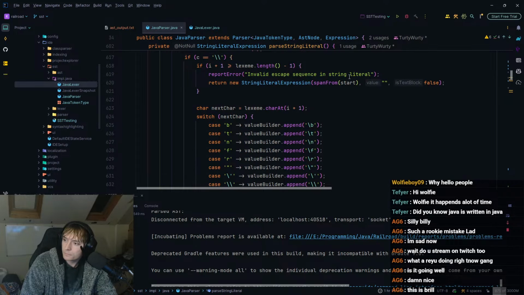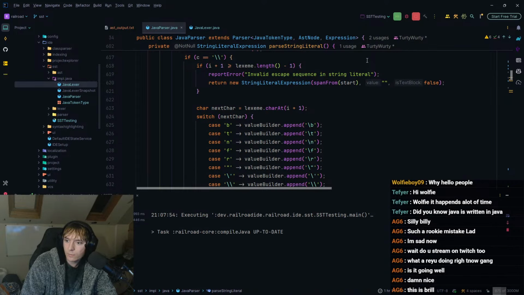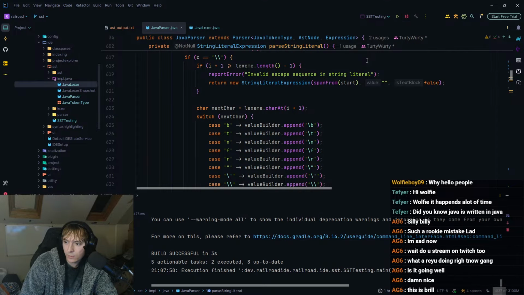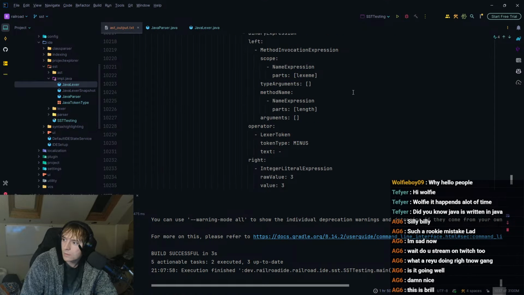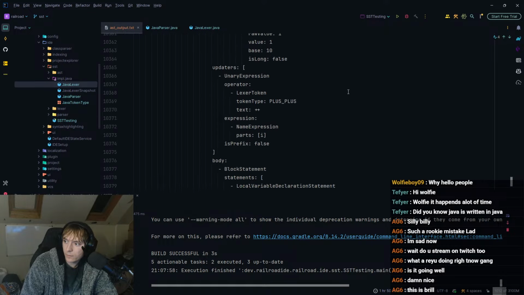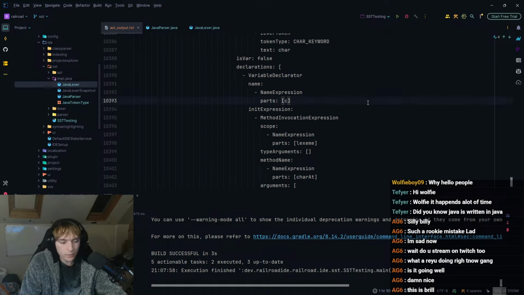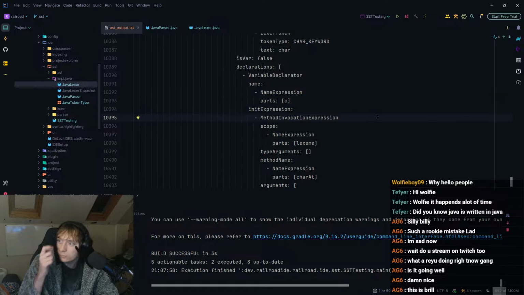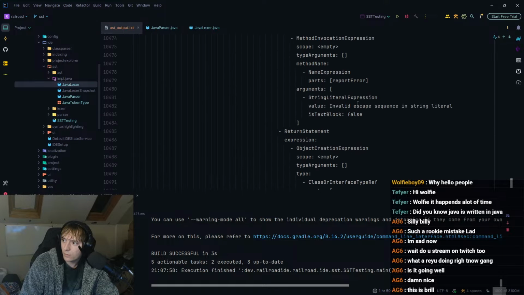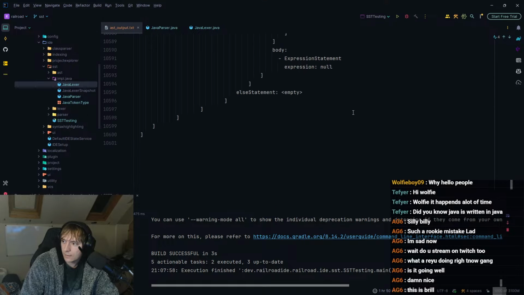So let's see what happens now. That might break things, admittedly, but we will see. So that has let it go a little bit further by the looks of it. But no, I guess we'll keep going actually, and see what the next issue is.